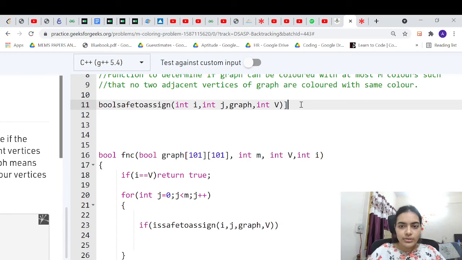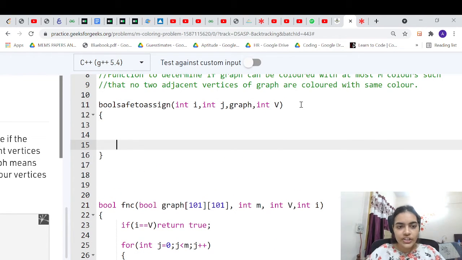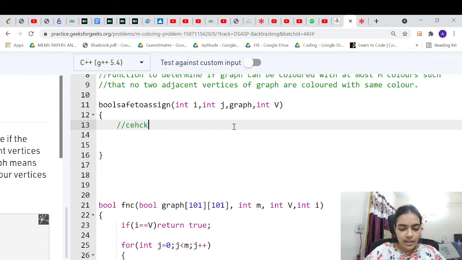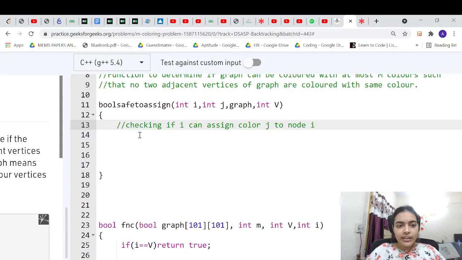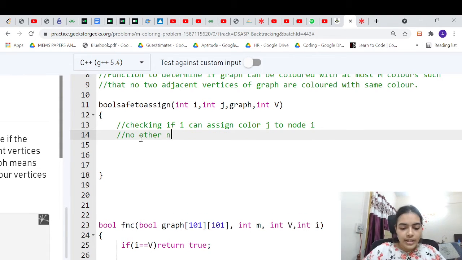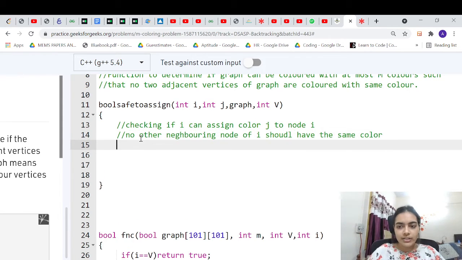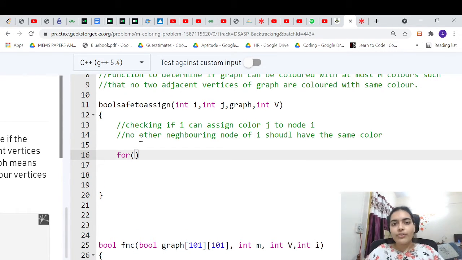Now I'll try to see if I can assign the color j to node i. How do we check that? Simply, no other neighboring node of i should have the same color. That is the only condition which you want to check. How do we check for the neighbors?